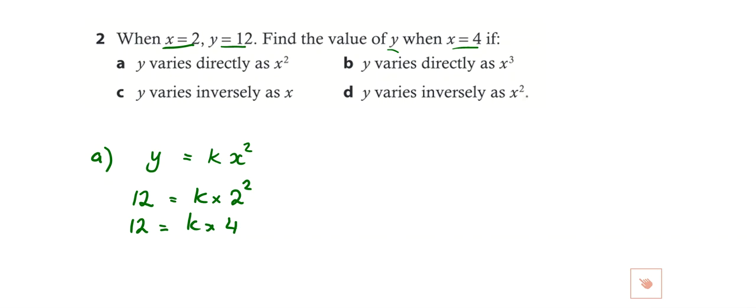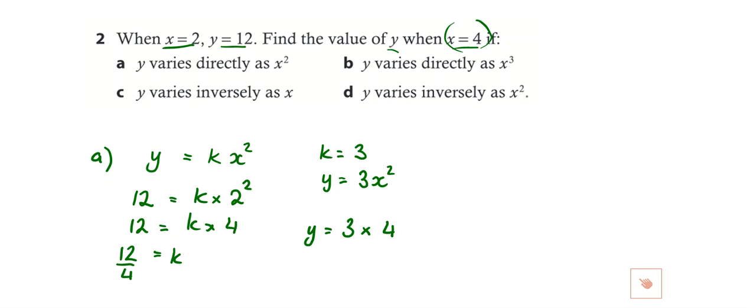How do I find k, Talia? Divide 12 by 4. Your voice went really deep on the other side of the room, but correct, well done. Divide both sides by 4, so we get 12 divided by 4 is k. So we know that k is 3. So we've got y equals 3x squared. Now we can chuck in x equals 4. So what is y when x is 4? Well, we do 3 times 4 squared. So that's y equals 3 times